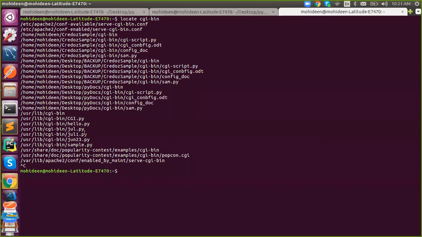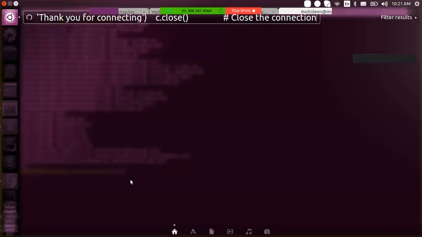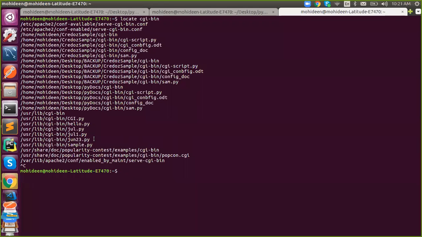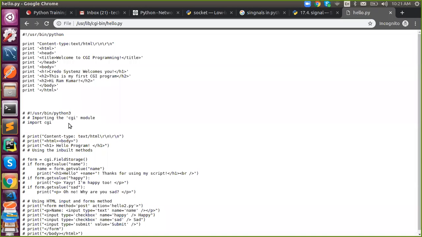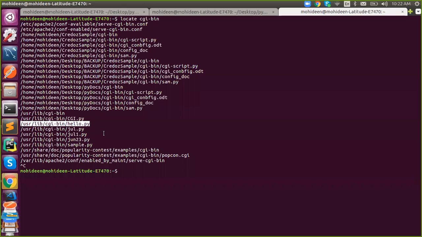See, this is my Python program. I'm going to run it through my browser. Let's see what's going to happen. So in a browser, I'm running this program. See what is happening. It is simply printing your program. That's it, right? It simply prints your program as it is.